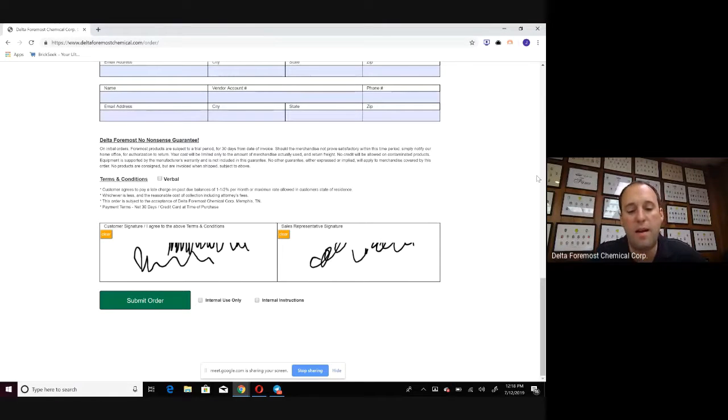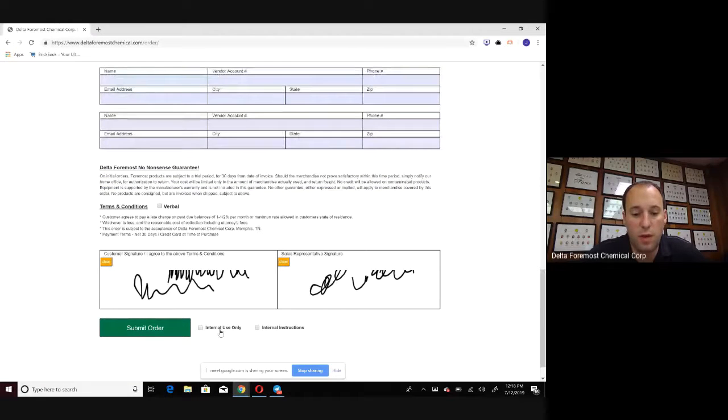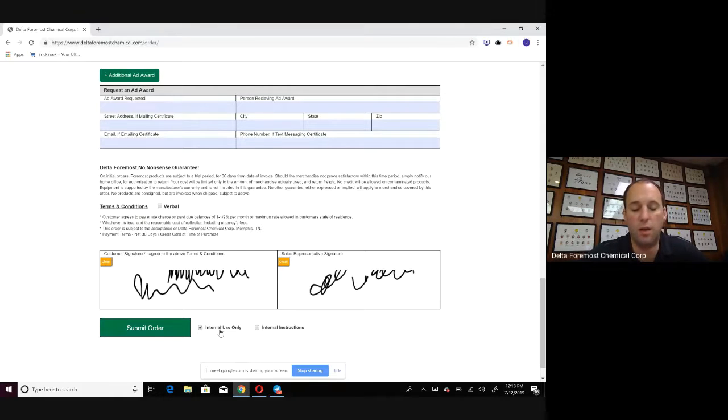And now that the buyer has signed, before you submit, you do want to look at internal use only. Do you have an ad award? Internal use only is where you put your ad award. We didn't want to just say ad award blatantly on the order form. And you can submit it separately or you can do it this way. But you just fill it out. Now, I will tell you, when you fill this ad award section out, and you submit the order,